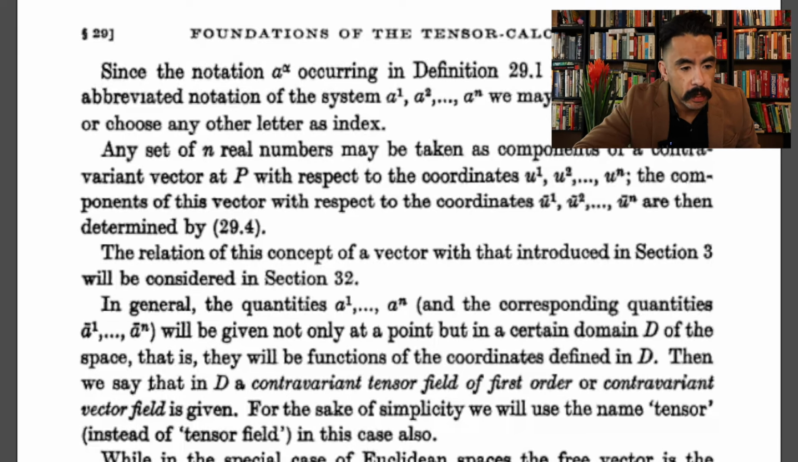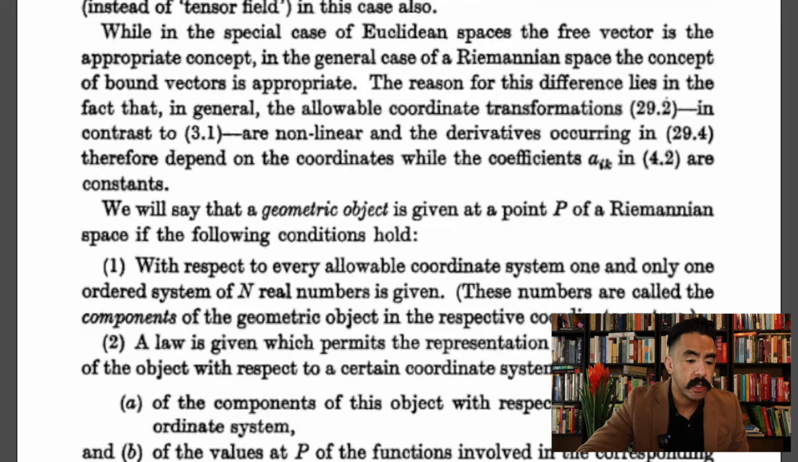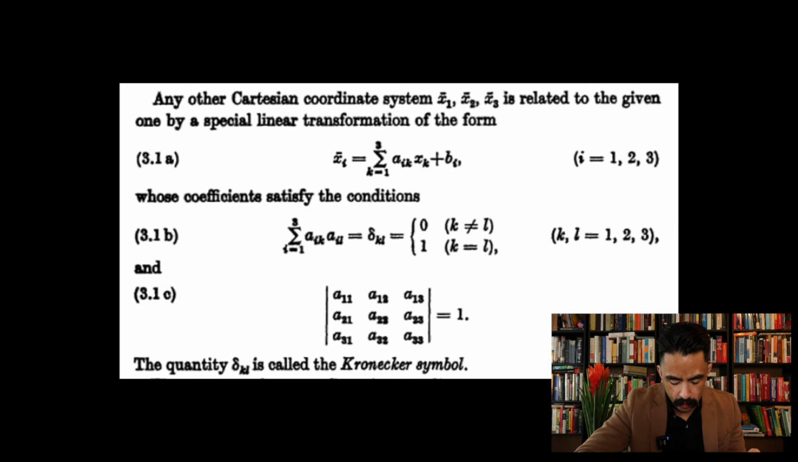While in the special case of Euclidean spaces, the free vector is the appropriate concept, in the general case of a Riemannian space, the concept of bound vectors is appropriate. The reason for this difference lies in the fact that, in general, the allowable coordinate transformations given earlier, in contrast to those in section 3, which are x_i equal to the sum on k from 1 to 3 of a_ik x_k plus b_i, such that the sum on i from 1 to 3 of a_ik a_il